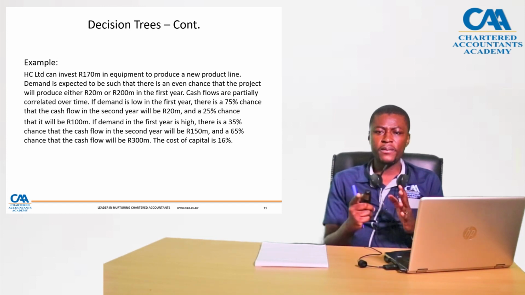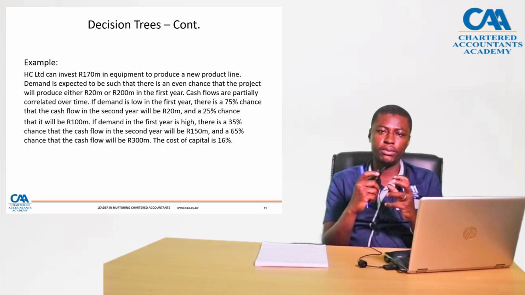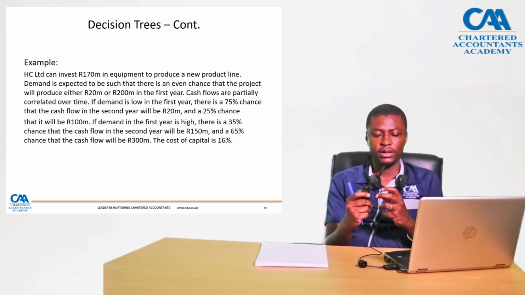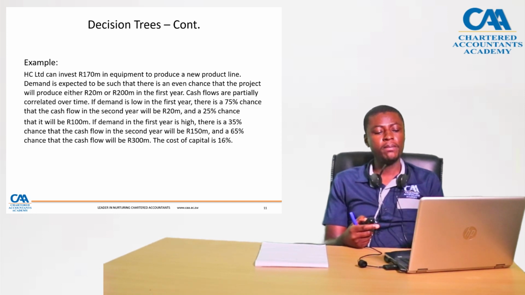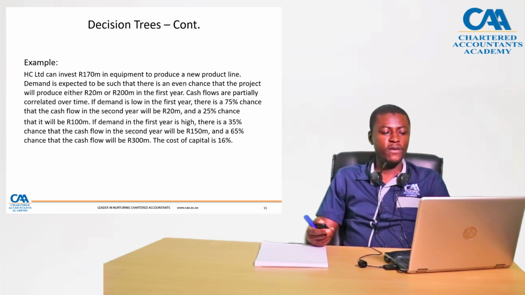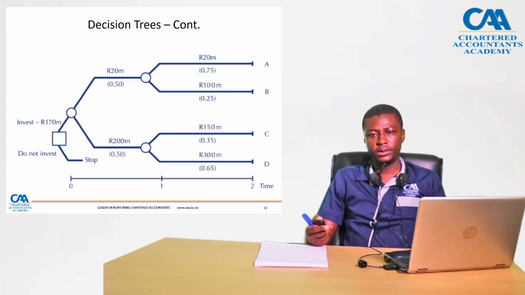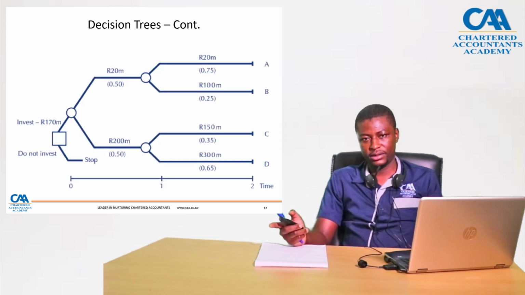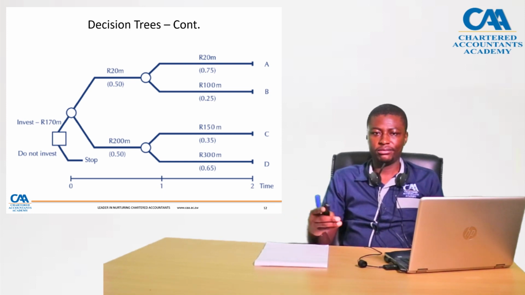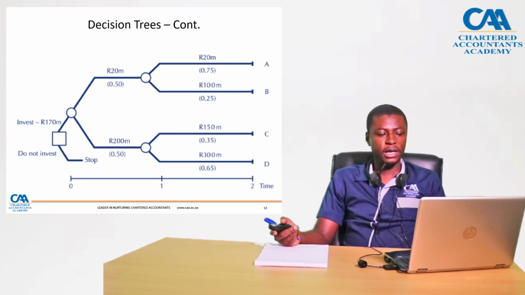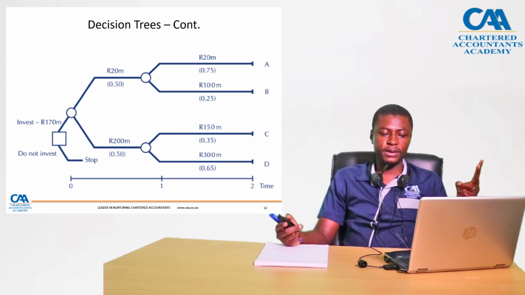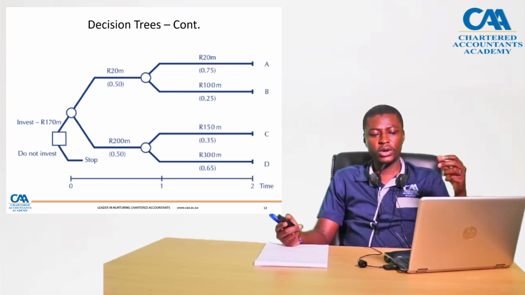So I'm sure from this information we can see that there are possible outcomes that may arise if we go ahead with this project. So you can then plot these possible outcomes in a decision tree. From day one, I've got two possible options: to invest or not to invest. If I don't invest, I've not put any money, so I don't expect to have any NPV. But if I put in my 170 million, I've got a 50% chance that